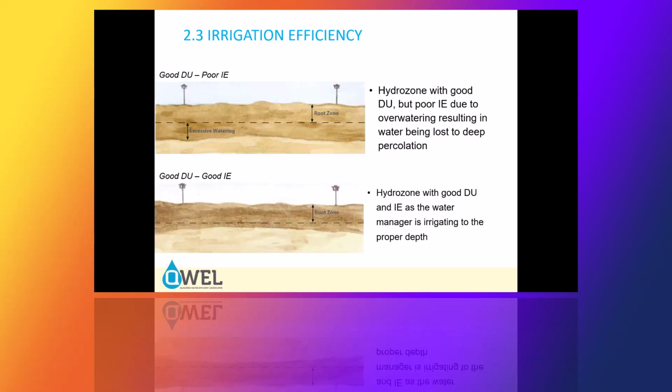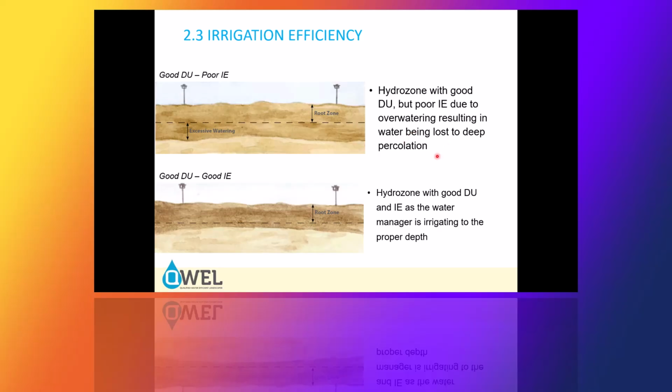So here are irrigation efficiency examples. At the top here, you see a good distribution uniformity. Again, it's uniformly applied, but it is excessive watering. Again, we're trying to water at the root zone. We don't want it to lose water to deep percolation. So this is poor IE: a hydrozone with good distribution uniformity, although it's excessive, but poor IE due to the overwatering resulting in water being lost